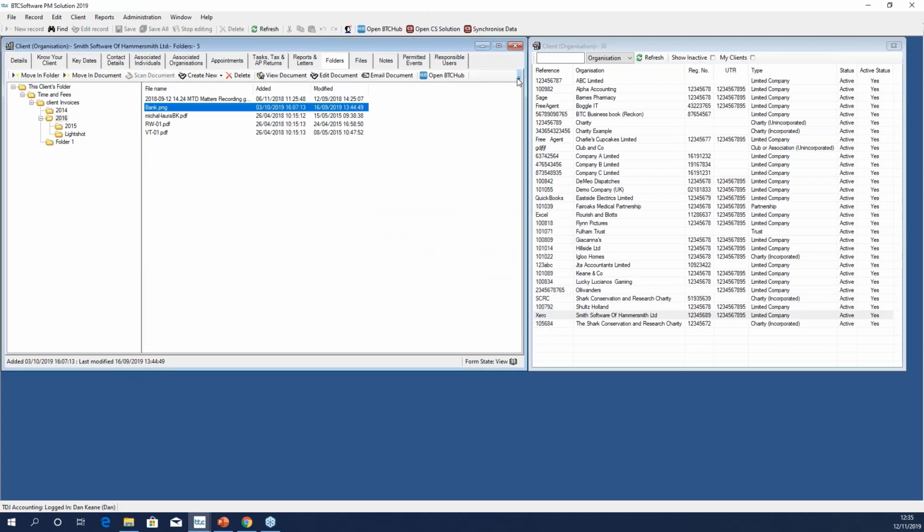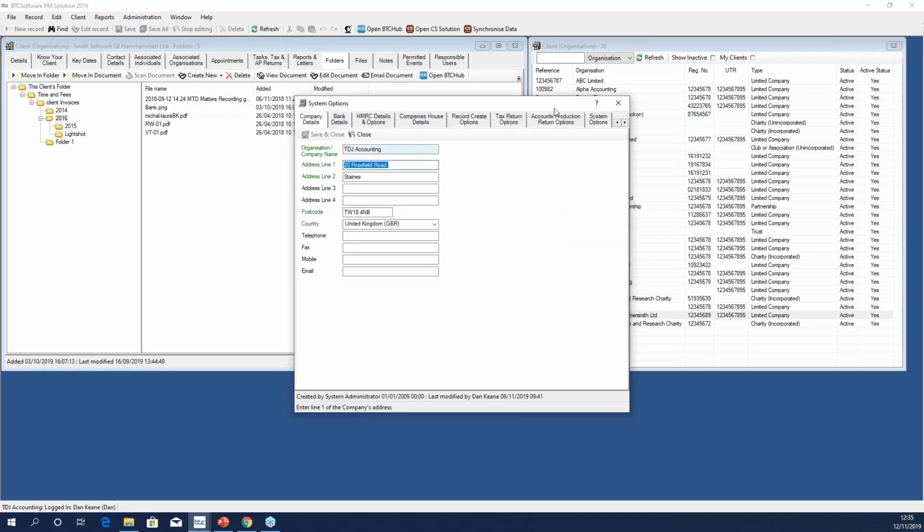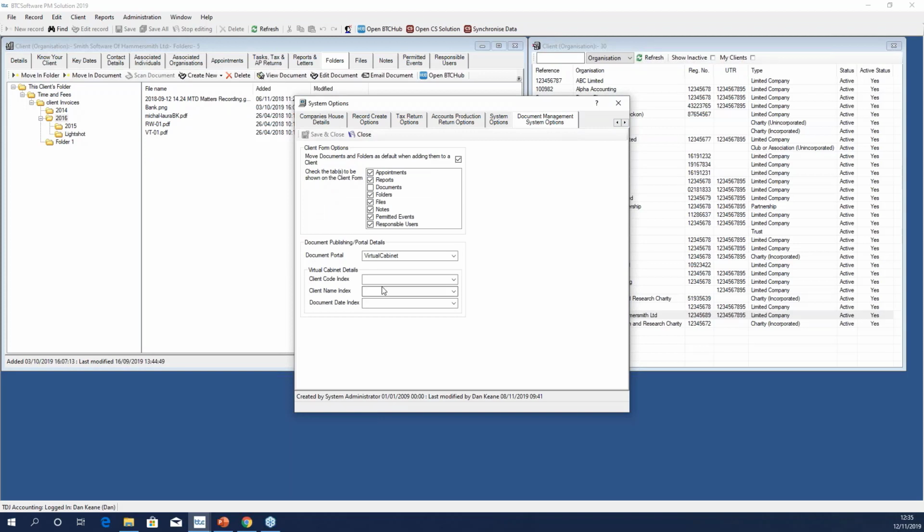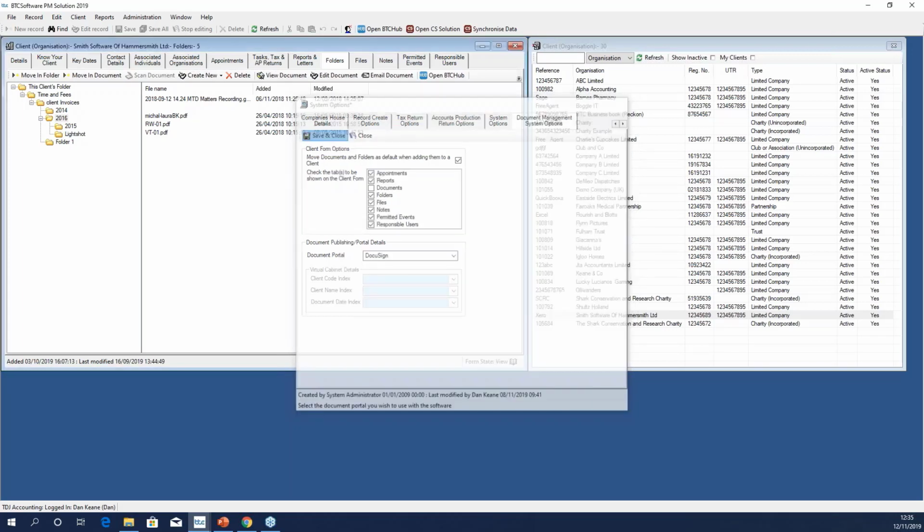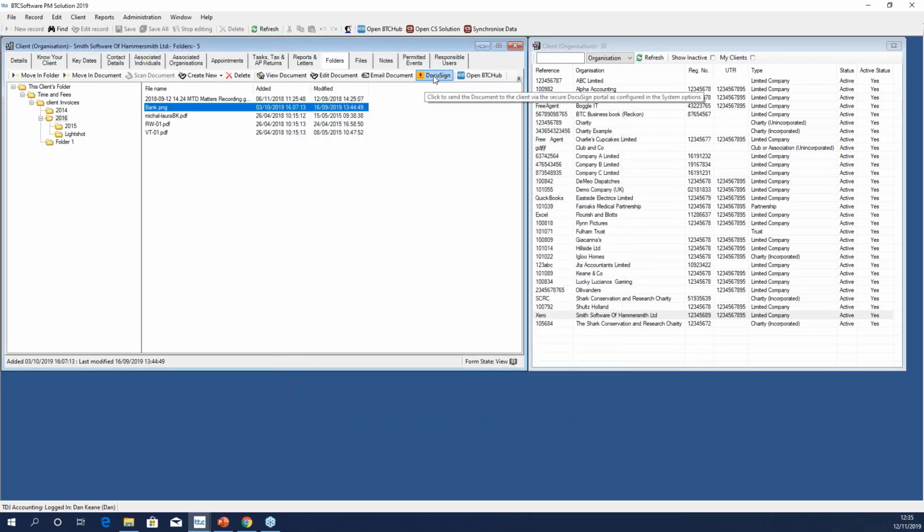In line with GDPR, we integrate with a couple of companies. One of them is My DocSafe and the other one is DocuSign. So if we go to Administration, System and Options, and we go across to our Document Management System options, we can choose our document portal, whether it's going to be Virtual Cabinet, DocuSign or My DocSafe, save it, and you can see it's just going to appear